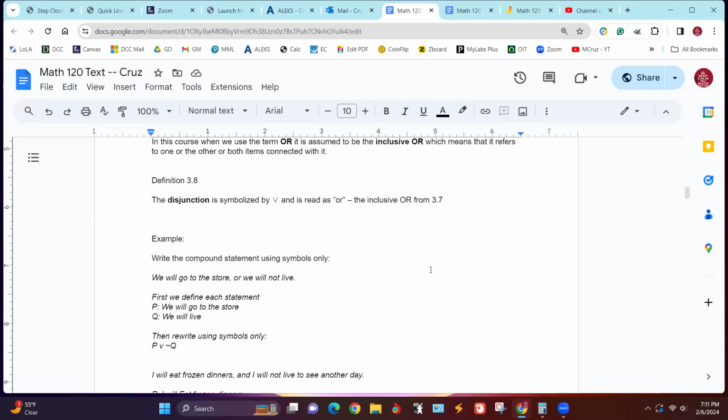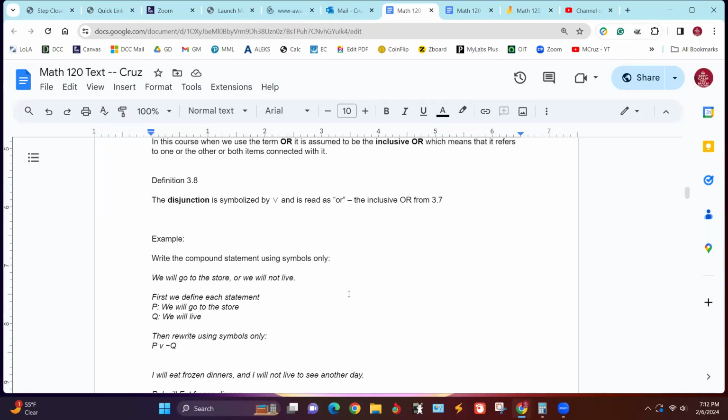So let's use the symbolic logic to write these things in symbols only. Because we know if we define that this statement here says we will go to the store or we will not live.